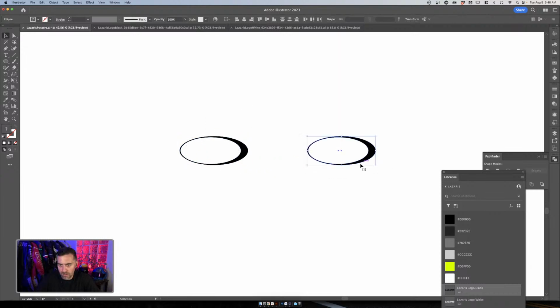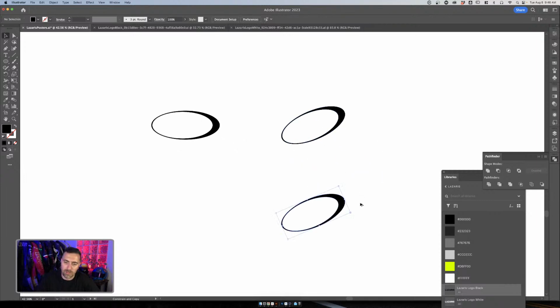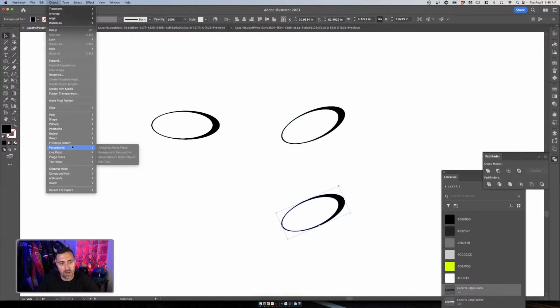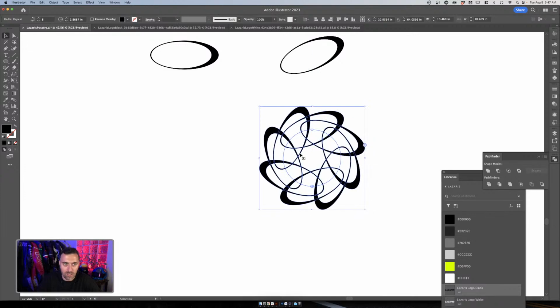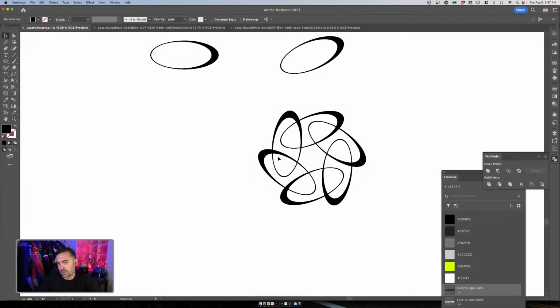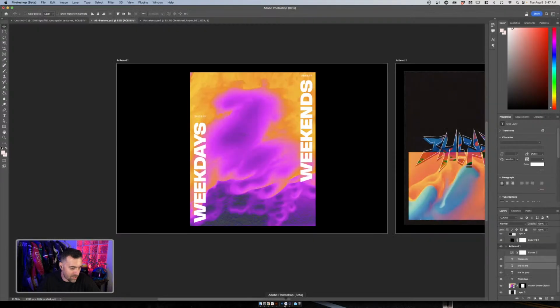Okay, I'm going to do that, and then quickly rotate it like that and see what we can do. We'll do an object, repeat radial, and get some cool little interlocking pieces going. Okay, that's working. Let me change this to white now. And maybe it doesn't need to be white. Let's just see. I'm going to copy paste it into Photoshop. I keep doing that. I'm working in the Photoshop beta, and I keep opening up Photoshop regular.